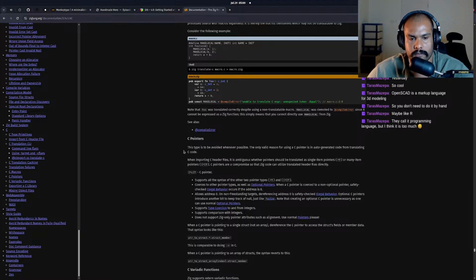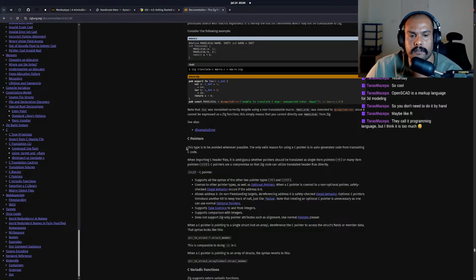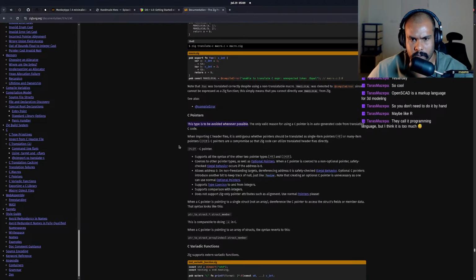C pointers. Oh yeah, seen a couple of these too. This type is to be avoided whenever possible. The only valid reason for using a C pointer is